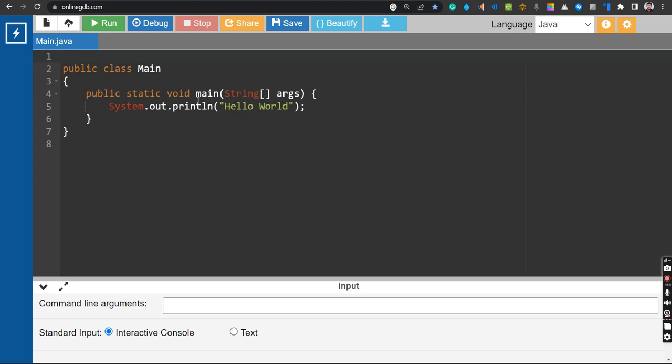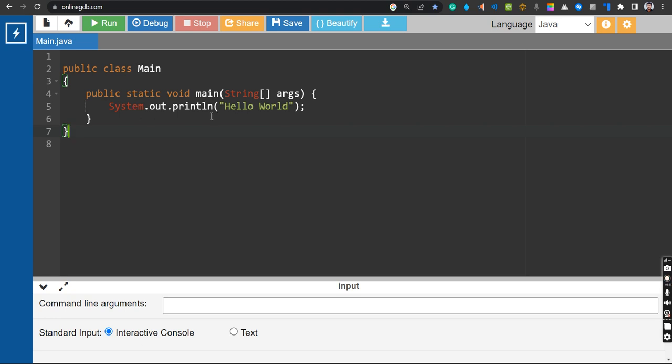Listen, we also have public static void main. Here it is also a void main. This is a method. Okay, this is the name of the class, and this is a method. This all is a method. So this method means whatever you are going to put inside it, it is going to do something for you and provide you a result.